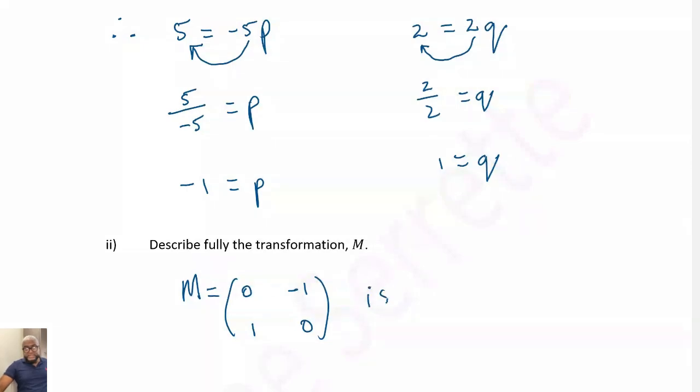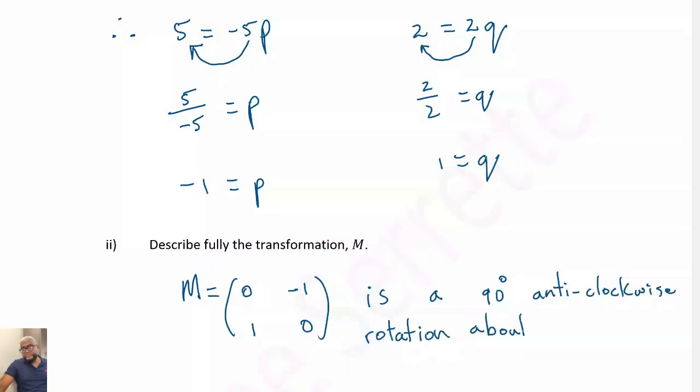So M is a 90-degree anti-clockwise rotation about the origin. We have to learn these things, my children. We have to learn these things. So we have come to the